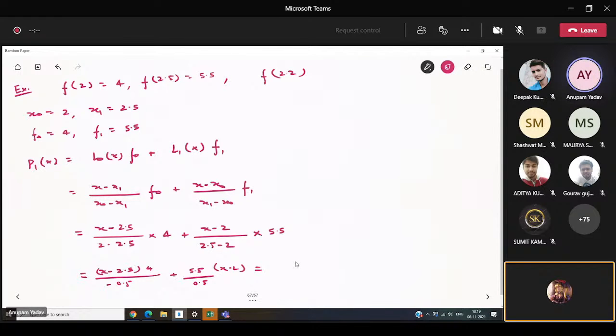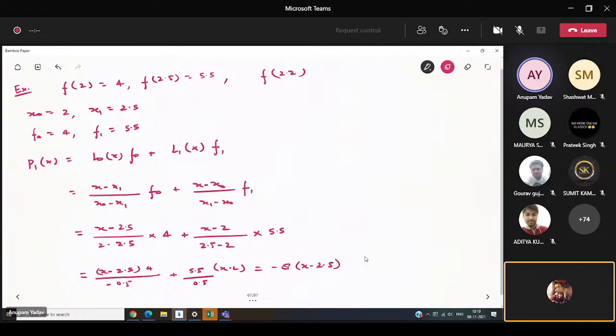Okay, so this will be minus 2 into 4, that is minus 8, into x minus 2.5, plus 11 into x minus 2. So ultimately if you solve it, it will come out as 3x minus 2. So basically, if I show you,